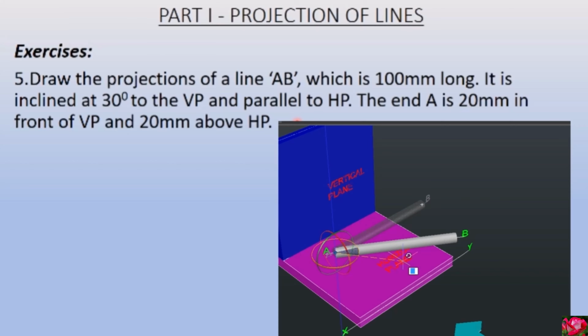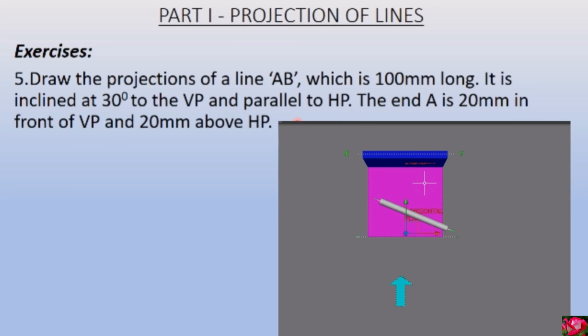So I am tilting in this fashion, and you need to observe that in any case of this rotation, the line is going to be parallel to the horizontal plane, because horizontal plane is below this line. And now I am rotating this. So let's say this is the 30 degree angle. So when I view this from the top, I'll see a line